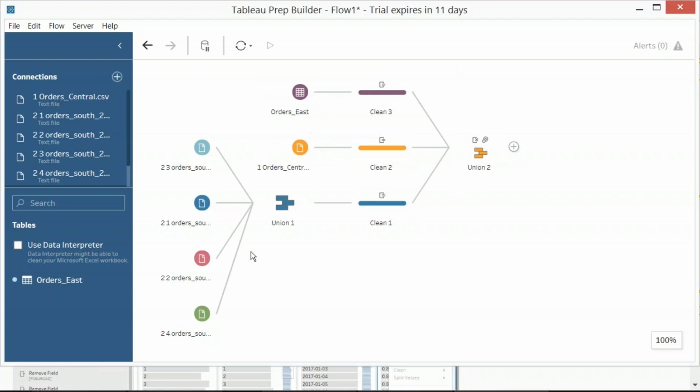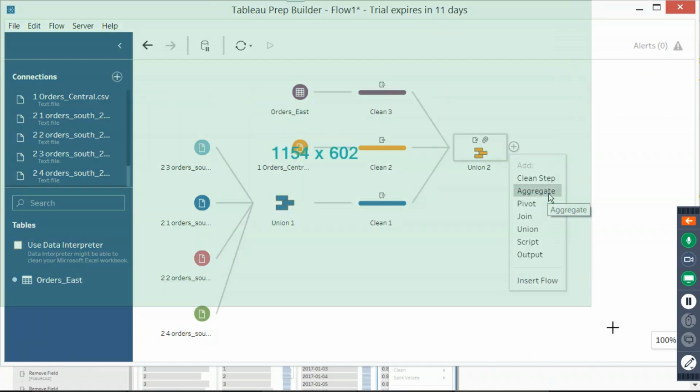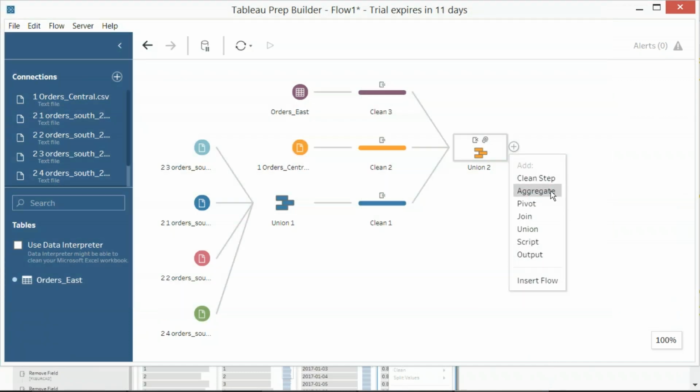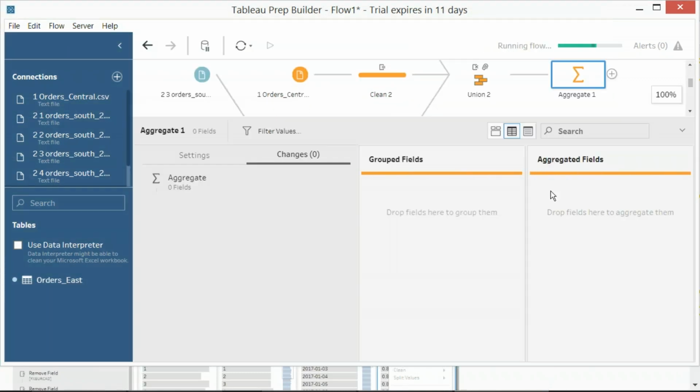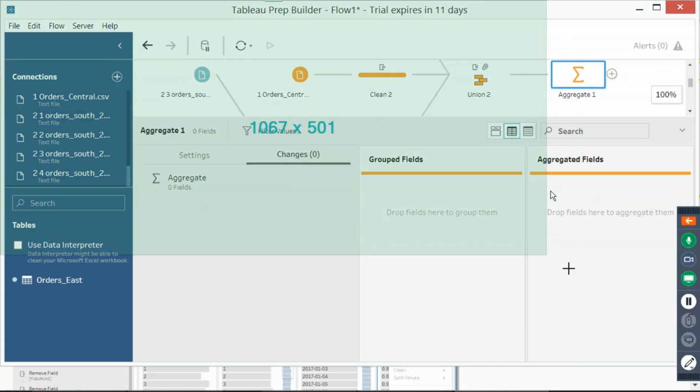East, and then south and central. East, south and central, we got all the values ready. Finally, I'll add an aggregate. I would like to add an aggregate to specify that I would like to have region wise profit or region wise sales. So define aggregate,